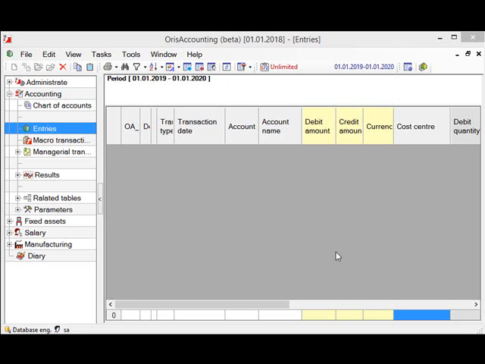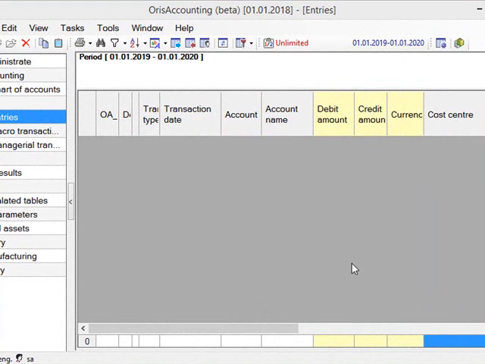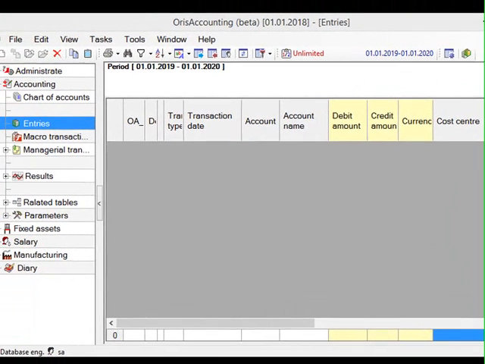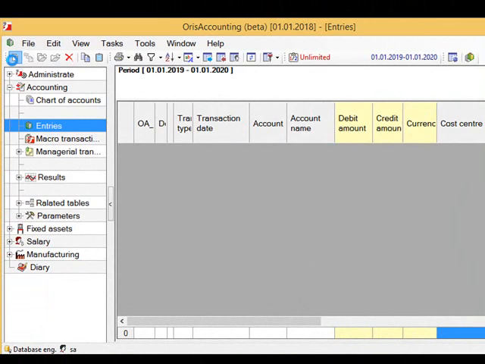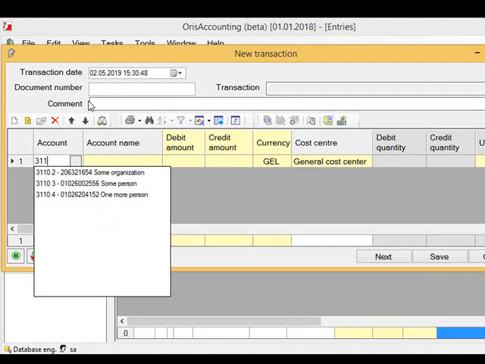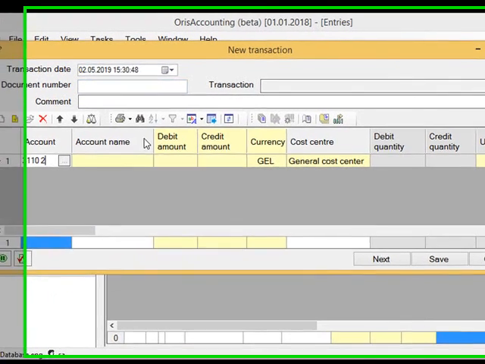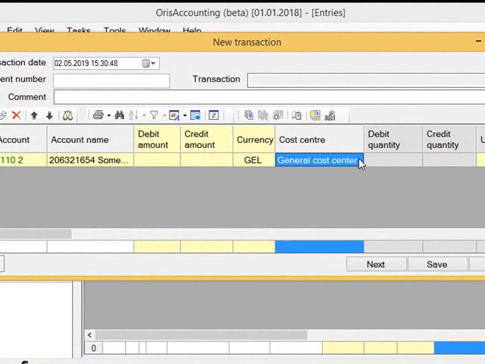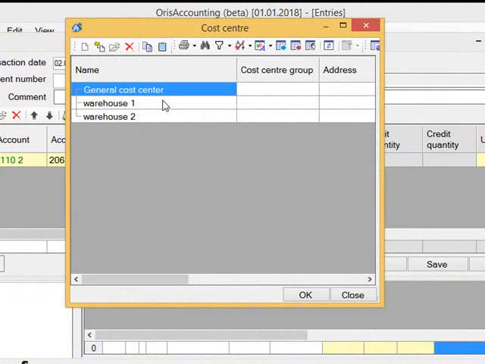You can group different warehouses together and create cost center groups here in the system Oris accounting. This technique is used so that the prime cost of the commodity is the same in different warehouses. Add new, accept the goods transaction, select account of supplier 3110, and here in this field cost center group for